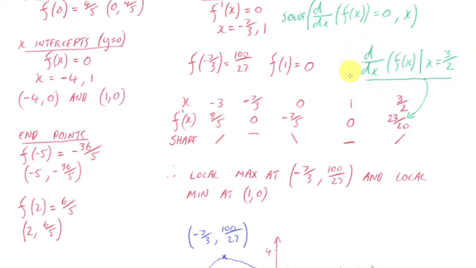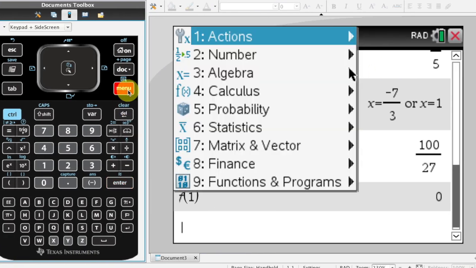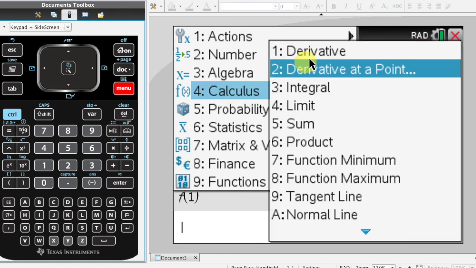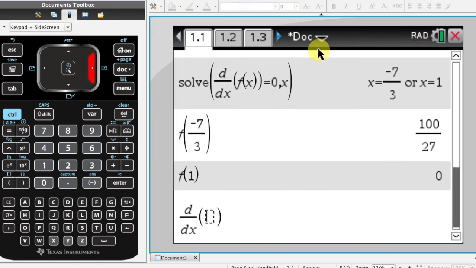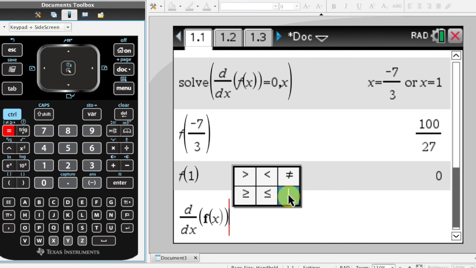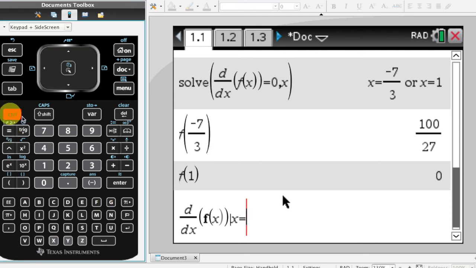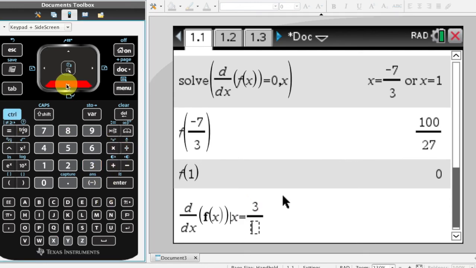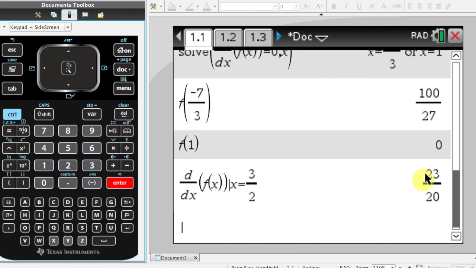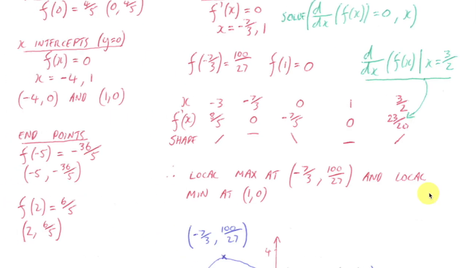Is following that kind of syntax. So just to show you, I'm going to evaluate the derivative of f of x given that x is equal to 3 on 2. So menu, calculus, derivative with respect to x, and it's f of x. And then on the outside of this bracket, it's given that x is going to equal 3 on 2. Hit enter, and you can see I get exactly 23 on 20 for that derivative, which is here,